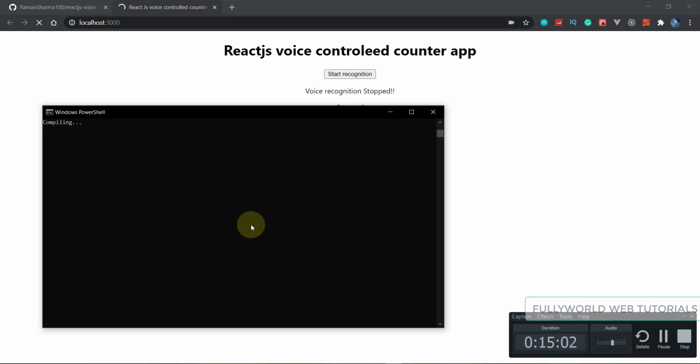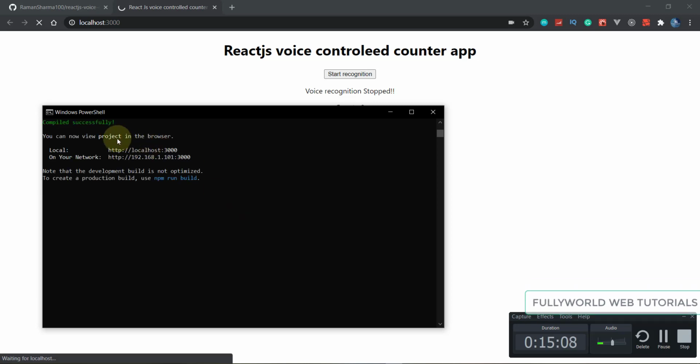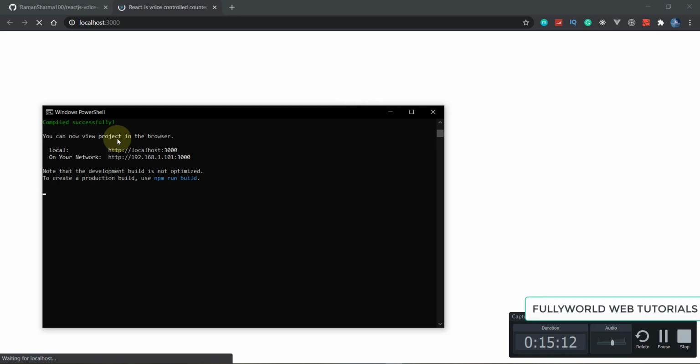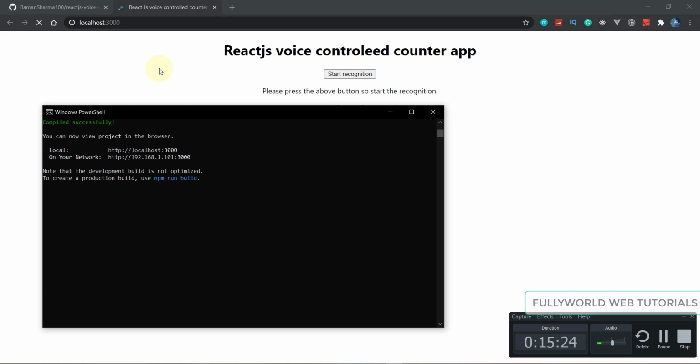So now we will start our recognition and we will test it. Let's test the commands one by one. So this is started now. Click on start recognition. So voice recognition is started. Now let's say something.